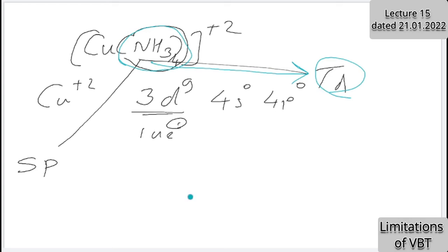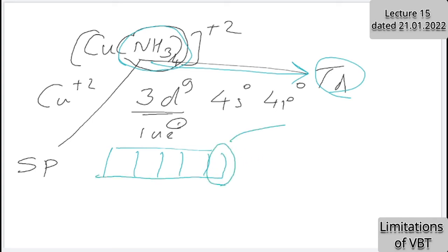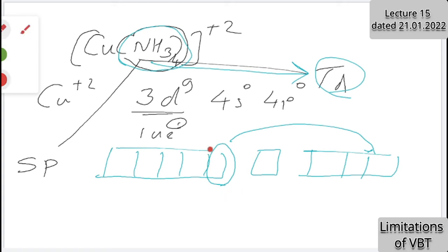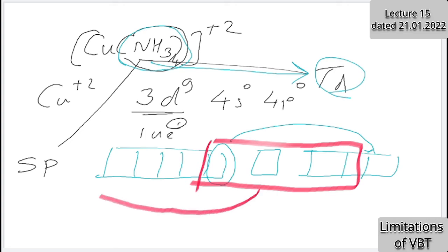And Linus Pauling found valence bond theory was failing there. So in order not to fail, he excited the electron present in the last d orbital. Here one electron was there. That electron he excited to one of the p orbitals in order to make available the d orbital, s orbital, and p orbitals, giving dsp2 hybridization, to explain its square planar geometry. This is the application of valence bond theory by Linus Pauling. But where is the problem? We are talking about limitation. The limitation is